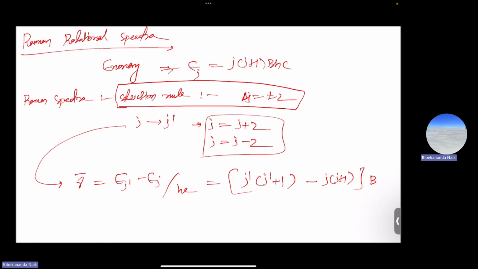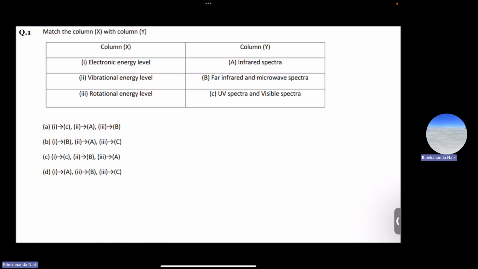Also, to study the effect of Raman spectra there are different theories. One is the classical theory of Raman spectra, another is the quantum mechanical treatment. All these things have been covered in the week's lecture. So let's start solving a few problems based on these concepts from the lectures of week